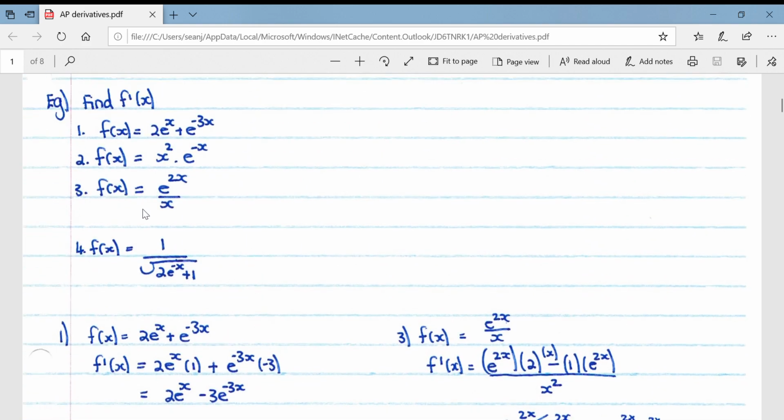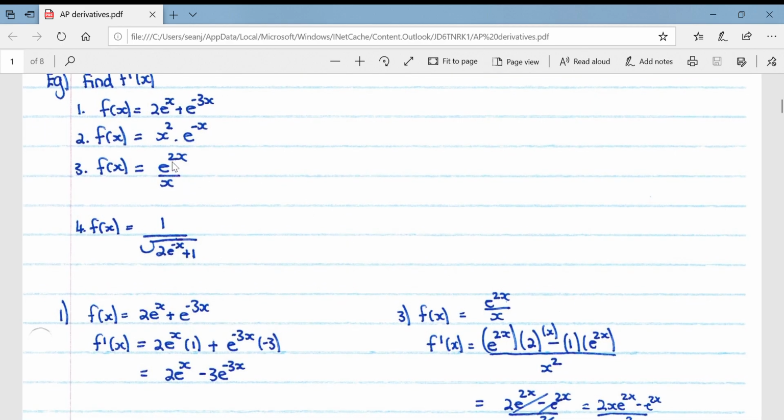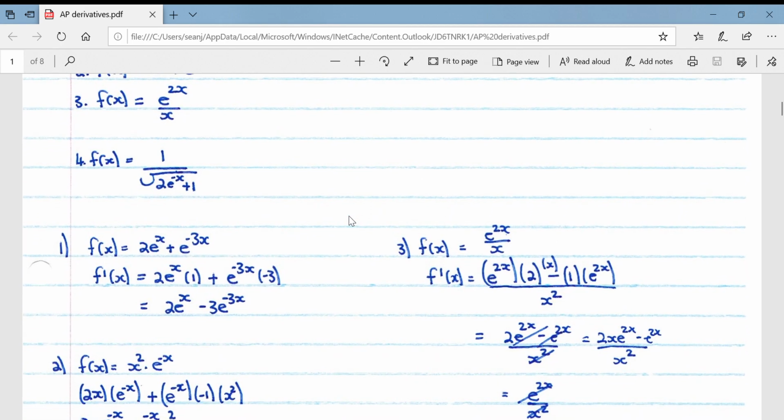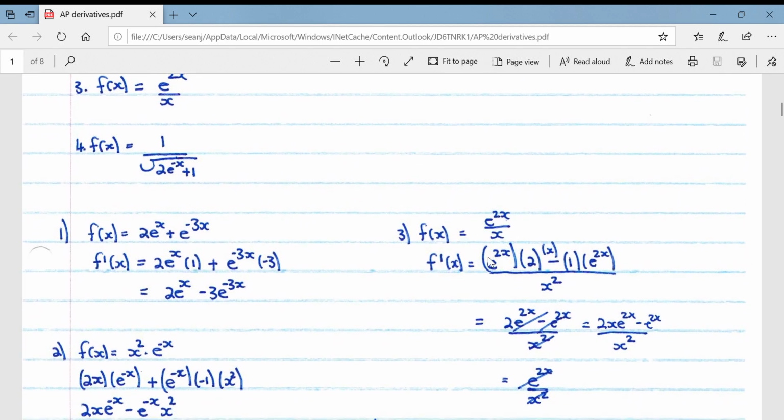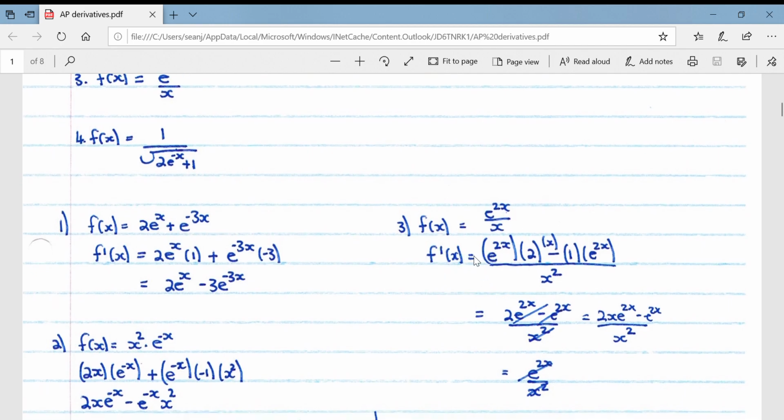Then we look at the third example, f of x equals e to the 2x over x. You've got to be thinking, I've got two terms, one over the other, both with x's. Immediately think quotient rule. And sure enough, here we have it. You write out your sum. Your derivative obviously says derive the top term, so e to the 2x, you write it out, multiplied by the derivative of the exponent,